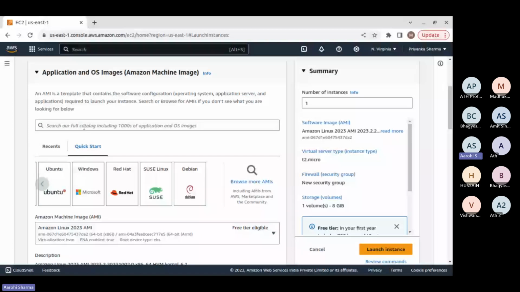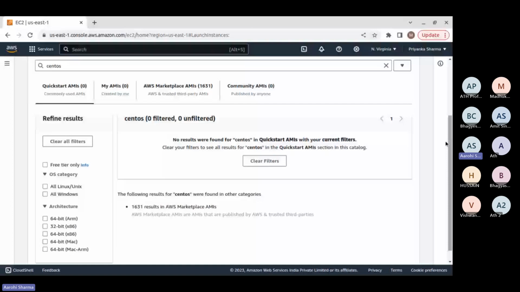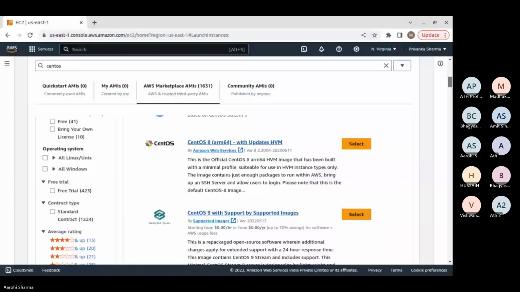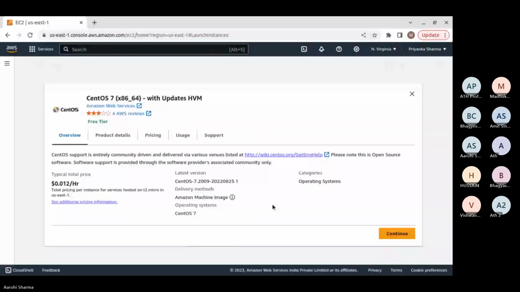CentOS 7 is not available over here because it's a priced AMI. So I'm going to the marketplace and choosing CentOS 7, right? This machine I'm going to choose, and continuing with this.